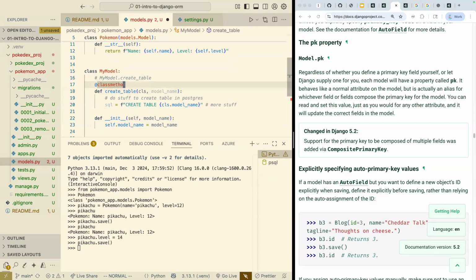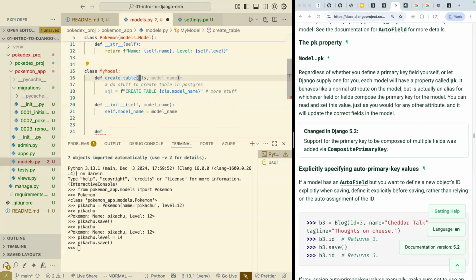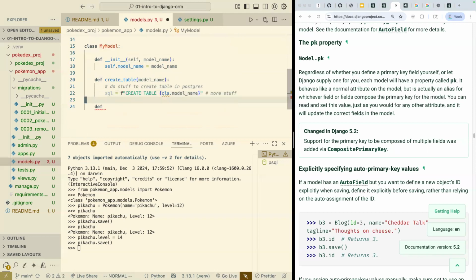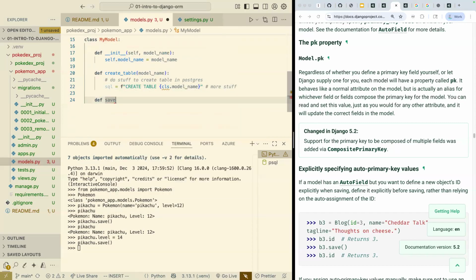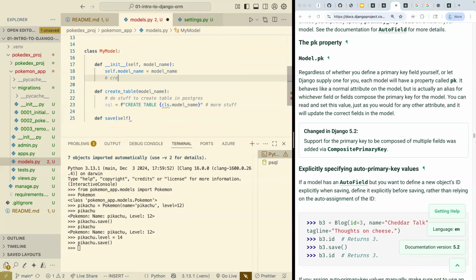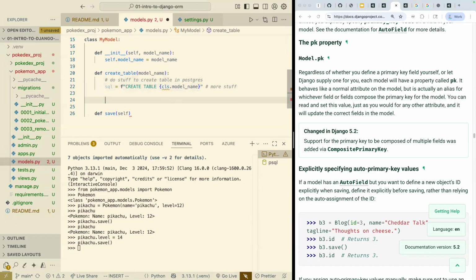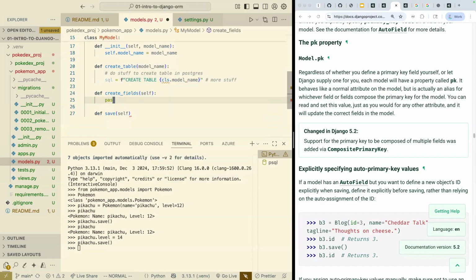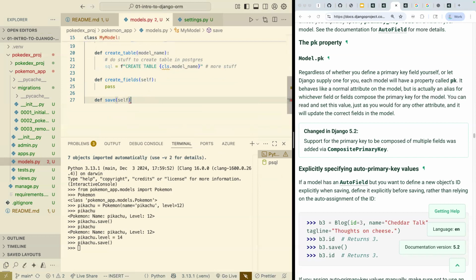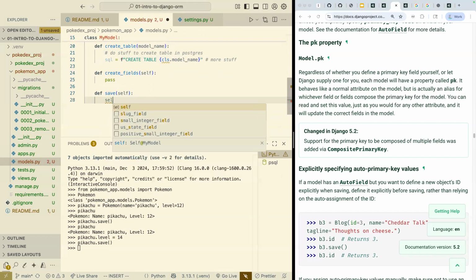As I said, this is almost totally wrong. I can tell as I'm writing this. In fact, let's not even worry about class method stuff. It might actually do it that way, but I'm not going to be able to write out a good simple sketch. Create table, save. Maybe there's, I don't know, there could be create fields. So I'm doing a terrible job here of sketching this out, but hopefully what it points to is